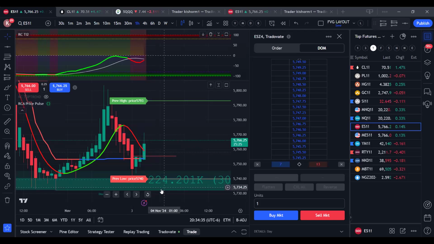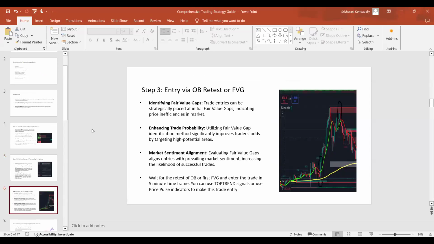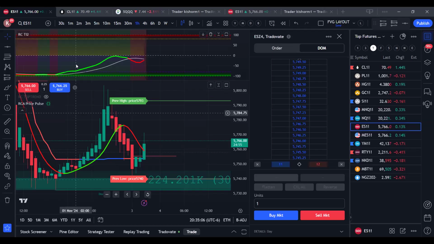Step two is to just wait with patience without taking random trades. Wait with patience. Once that happens, your step number three is that you wait for the order block retest, or you will find a fair value gap. For example, let us take an example. What do you mean by a fair value gap? As I explained earlier,